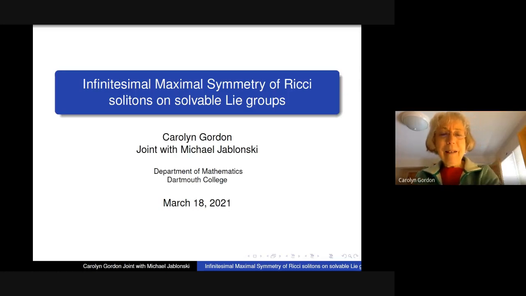What I want to talk about is sort of the following general question. Given a Lie group, is there a nicest Riemannian metric, a left invariant metric, on that Lie group? There are lots of ways you could ask about nice. One way is to have the most symmetry of any metric. Other ways, of course, are to have nice curvature properties, or nice properties under a flow of some sort. And so what I want to look at is a notion of maximal symmetry and how it relates to other